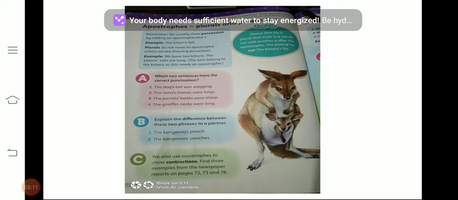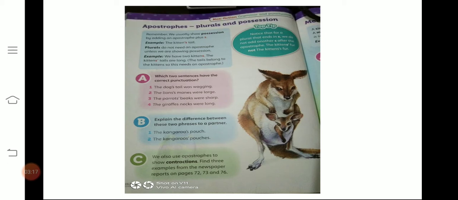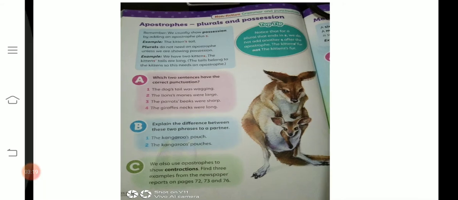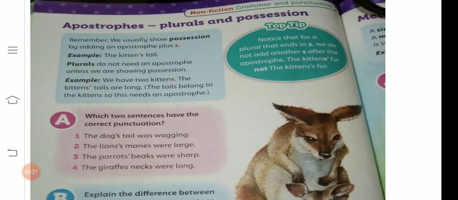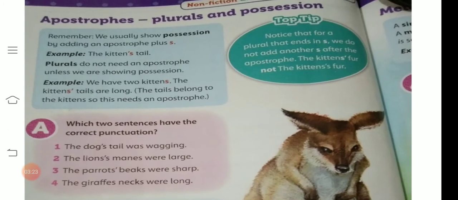Now you have to open your OI textbook page number 78. Please open your pages. It's a revision which we will do. First of all, on the top we will see what is written here: apostrophes, plurals, and possession. Remember,